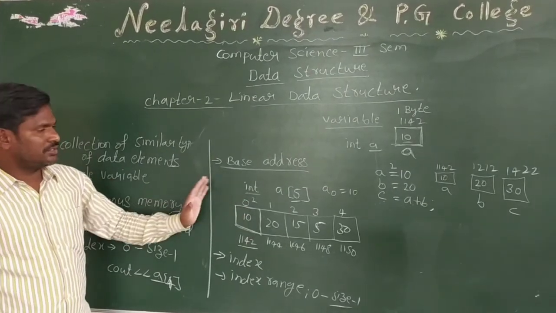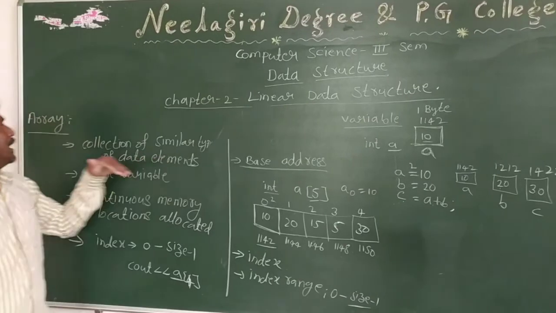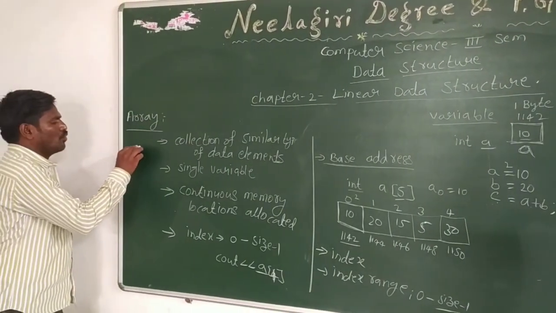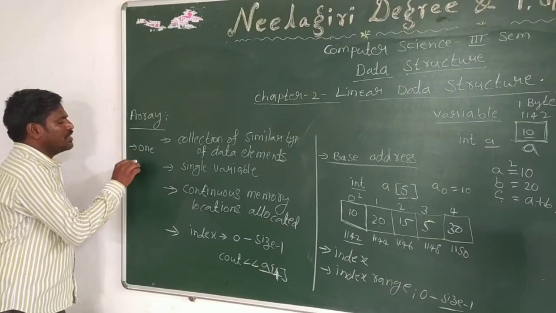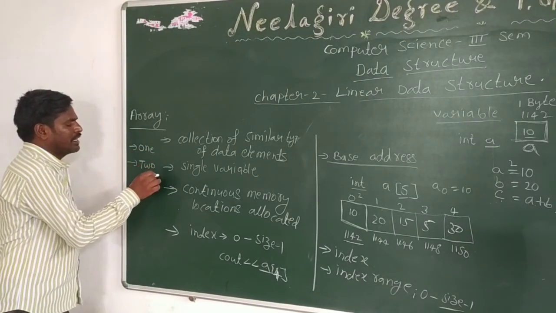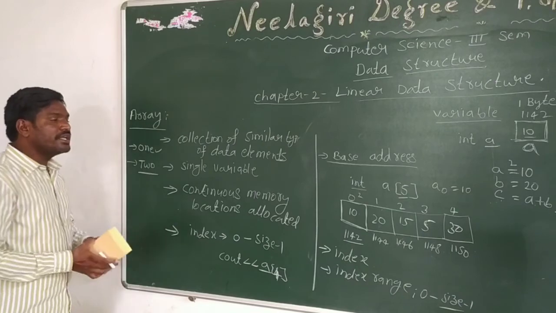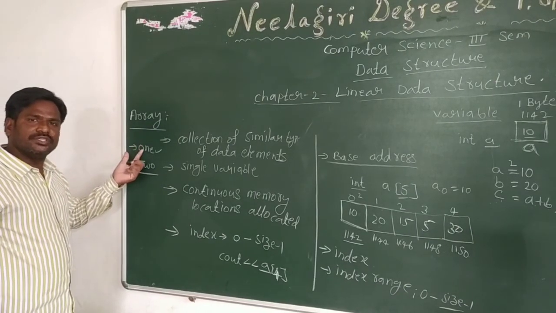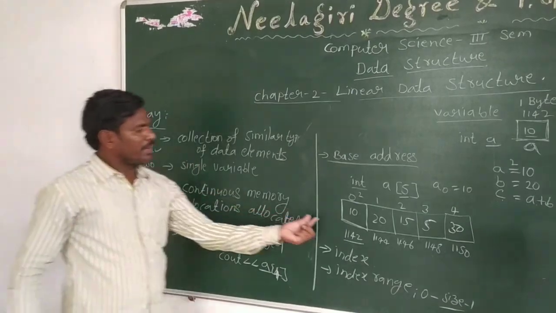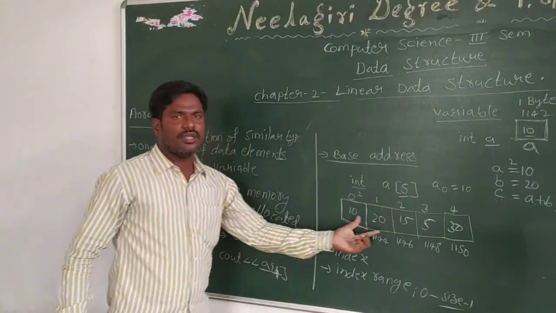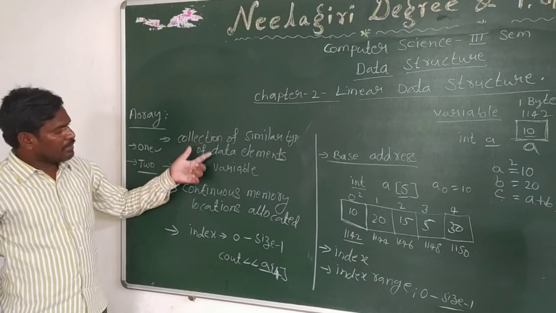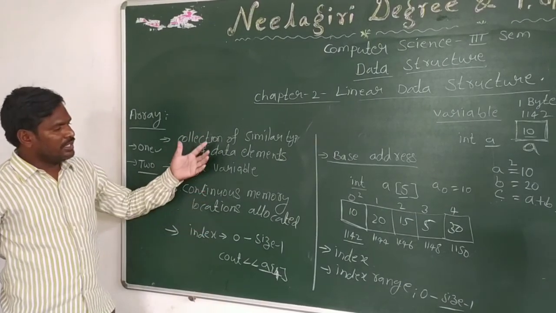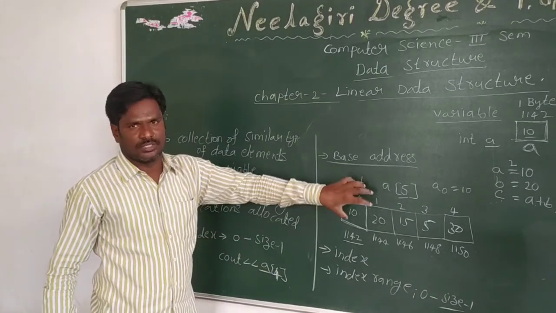The next classes will discuss types of arrays. There are two types of arrays you already know: the one-dimensional array and the two-dimensional array. The next class will discuss what a one-dimensional array is, how it is declared, how the values are initialized, and how the memory is calculated. Okay, so prepare the notes, at least write running notes. If there is any doubt, post it in WhatsApp. Okay.